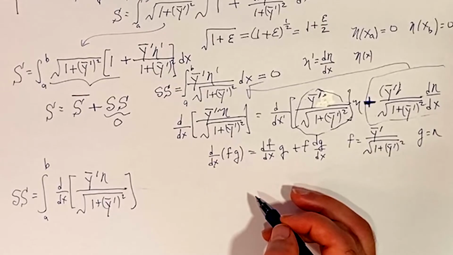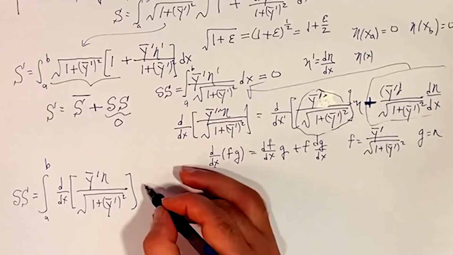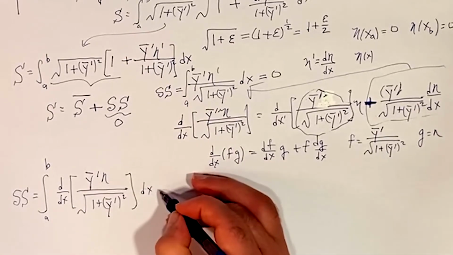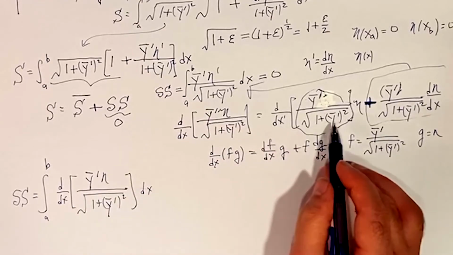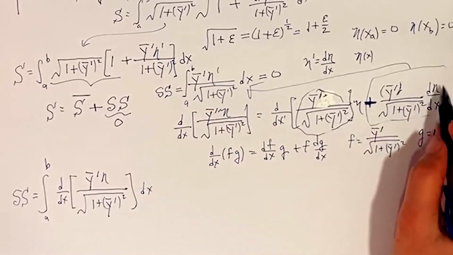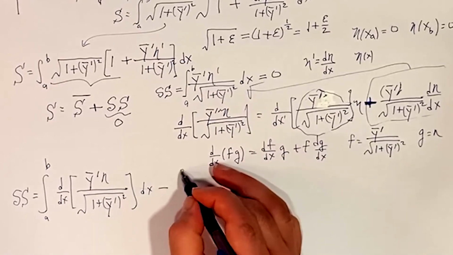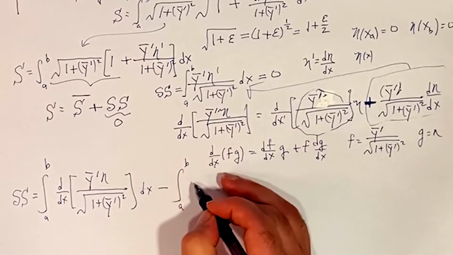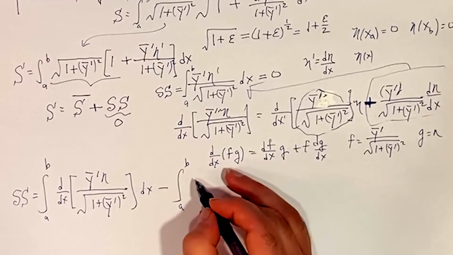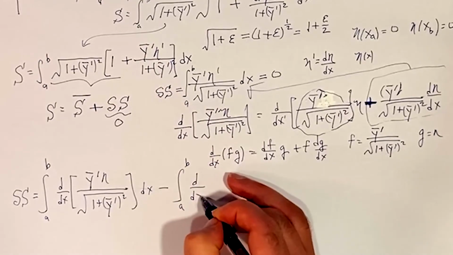And now we're going to look at the second term. All right, let's go ahead and put the dx on there like that. And then the second term is going to actually be a negative, because this is what we have. So we have to replace it with the left side minus this part. So if we do that, we then get d dx